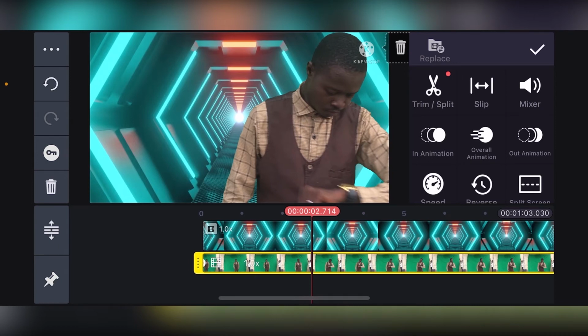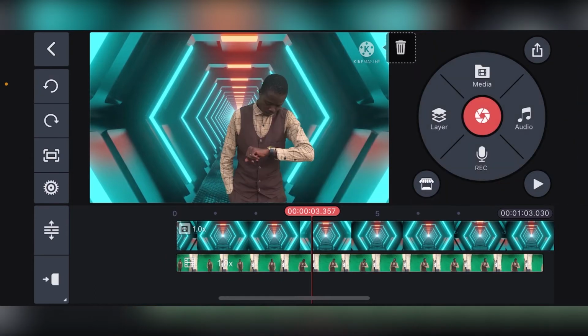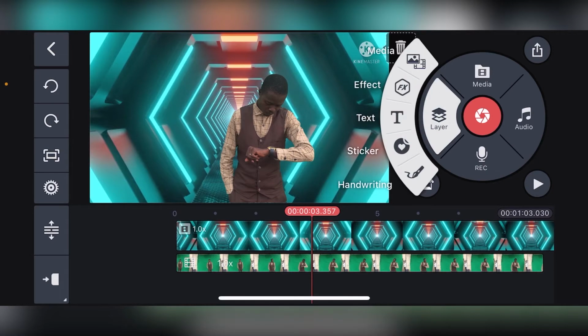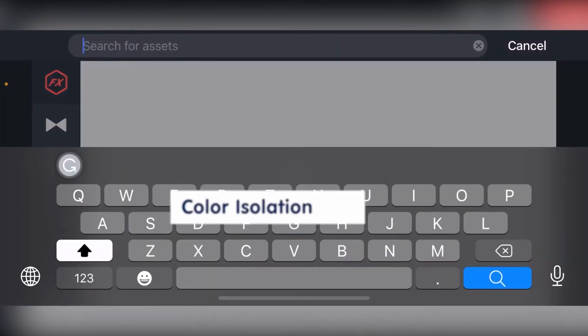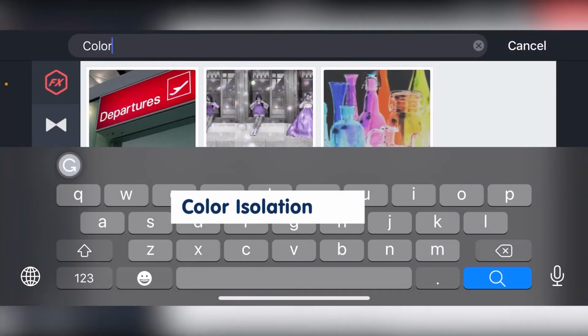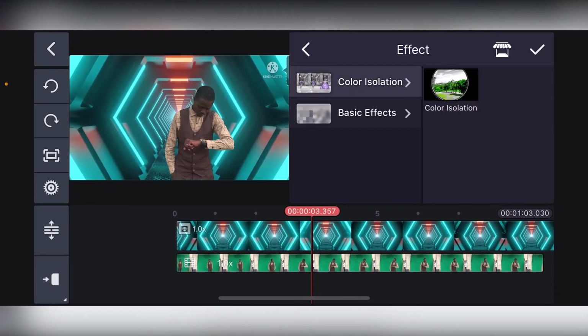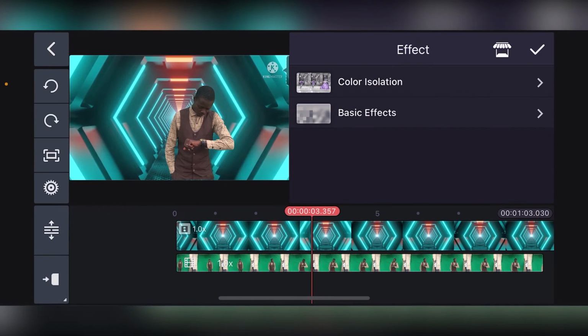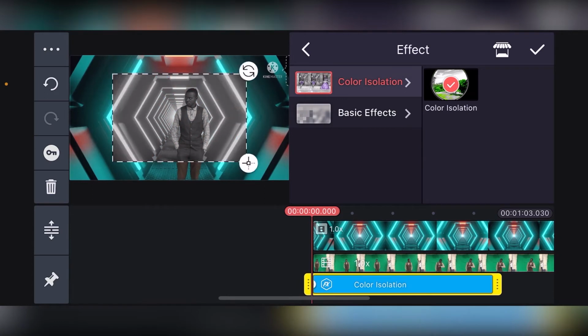Sometimes you might have some spill off of green on the image. In this case now I can't see any, but if peradventure you have spill off of green, what you can still do is to come to layers, come to effects, and go to asset store and search for color isolation, which is this. Download it and install it, then go back to your effect. You see it here. So you click on, let's go to the beginning of our video, then click on the color isolation,